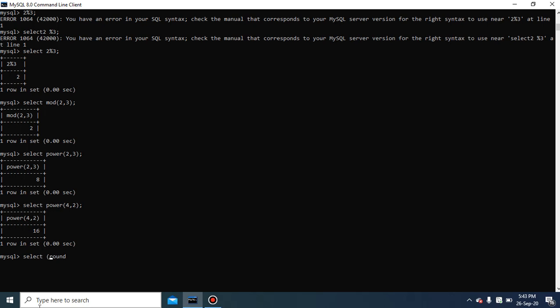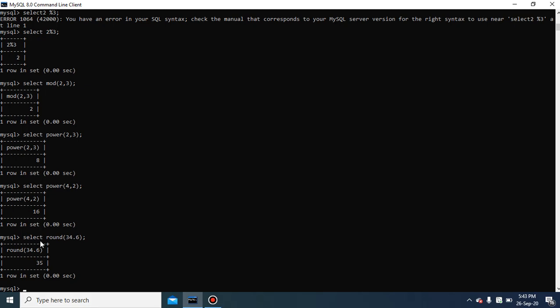So you will write select round, and which value you want to round off you will specify here. Suppose I write 34.5. After the decimal, if the number is 5 or greater than 5, then it will round off the number, so 34 will be rounded off to 35.